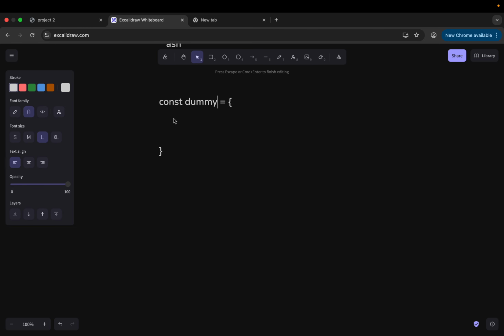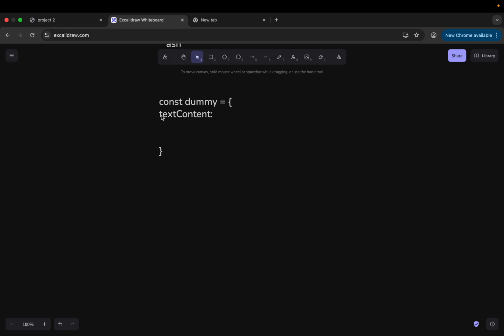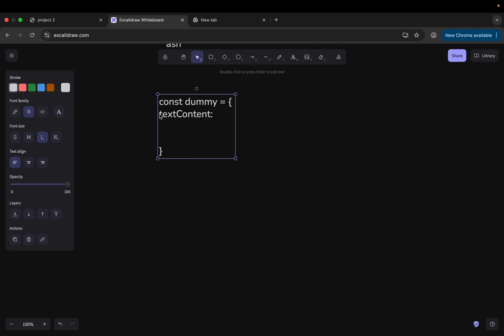And here, text content is one of the properties of that dummy content. We have this object over here, and with this text content, as you can see, we can flip its values. This text content can keep changing over and over. So that means this text content has got